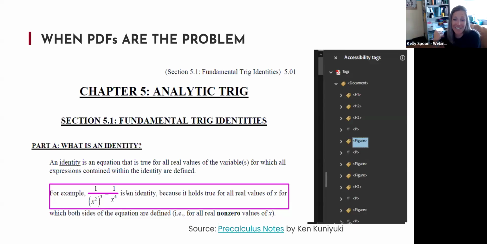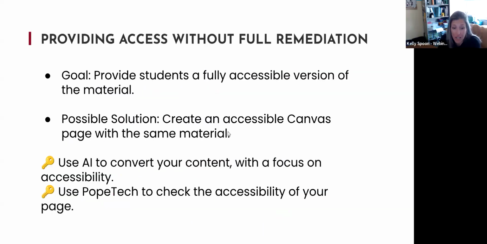So what do I need to do instead? Well, we want to provide students a fully accessible version of the material. If we are stuck in PDF-only land, one solution is to create a page within your LMS. I know this is Canvas, but within your LMS, because our LMSs are inherently accessible, right? They were chosen for this, with the same material. And my suggestion for that is use AI, leverage AI. It can do a good job of reading that document much better than Adobe's auto